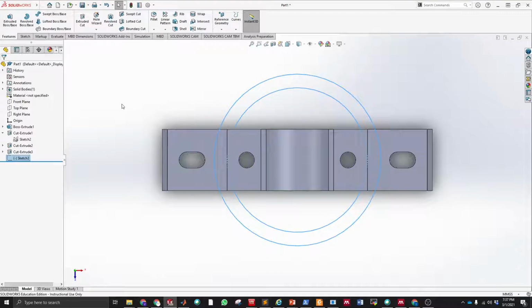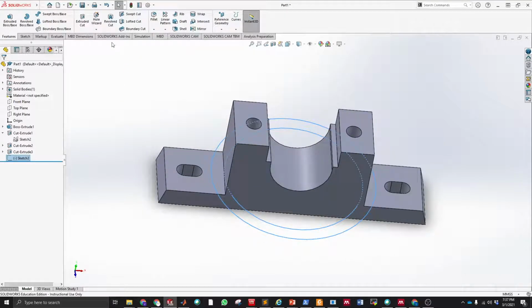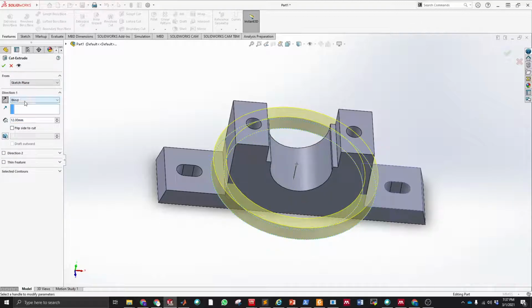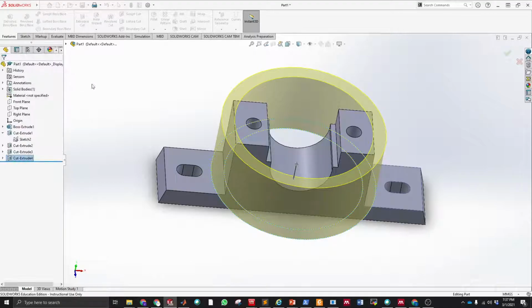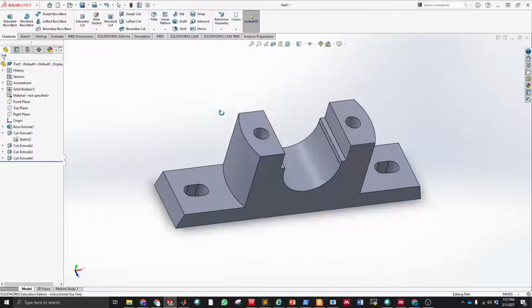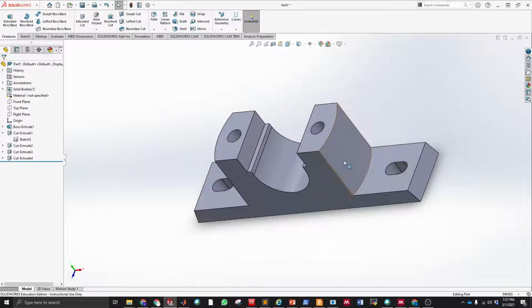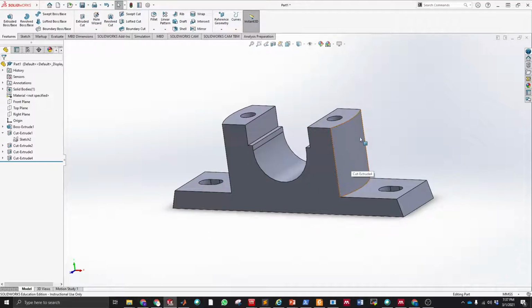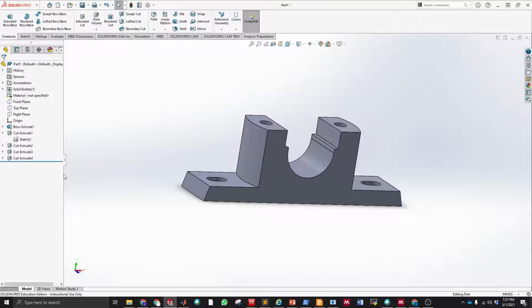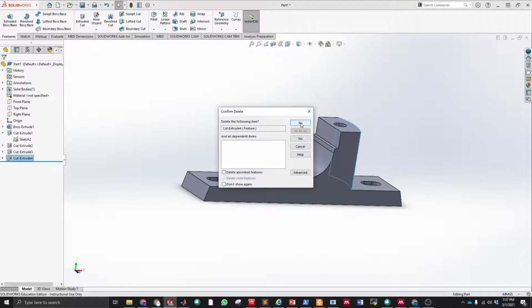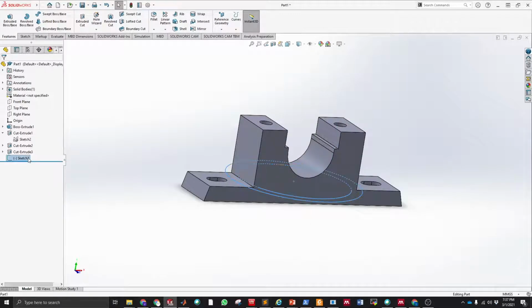And then I can exit that sketch, use extrude cut to the other direction, and click through all. That will make this trick, as you see here. That's one way of producing this curved face here. Or I'm gonna do the other way as well. I'm just gonna delete this operation and this sketch,